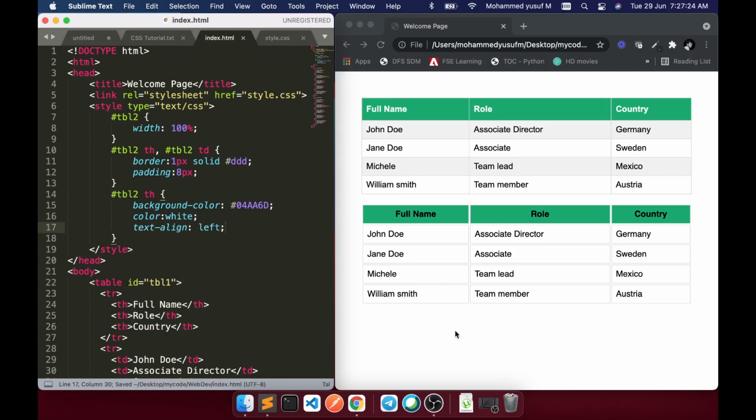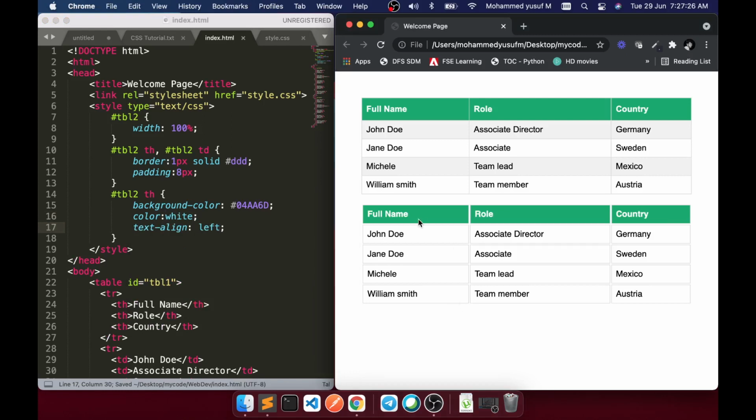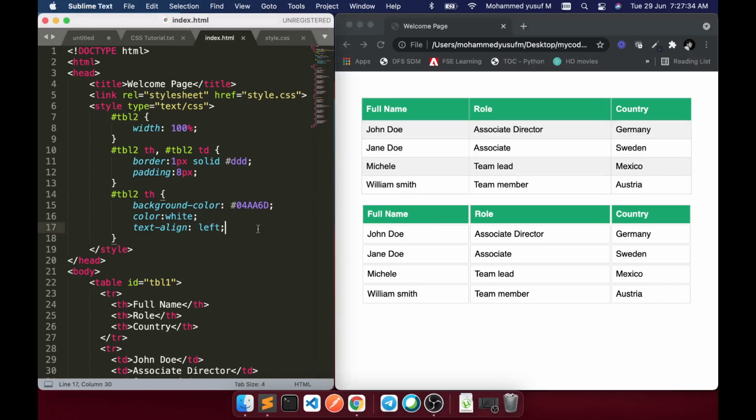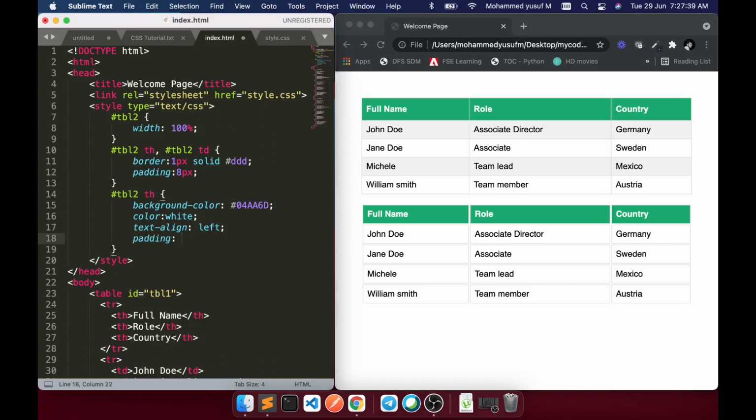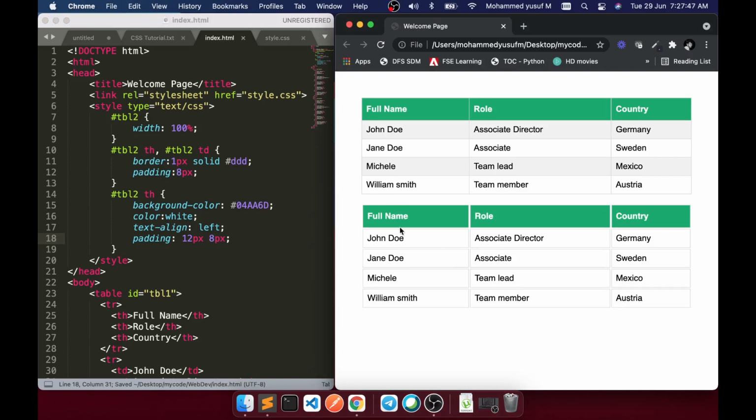This will make sure the header is ready, but the header and data are still at the same sizing. Here you can see there is some extra spacing. So we're going to do a padding, top and bottom, of 12 pixels, and the left and right the same 8 pixels, and we get a bigger header. Now, how do we get rid of the double border?